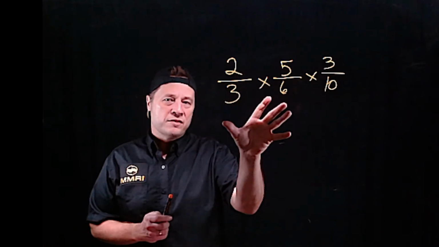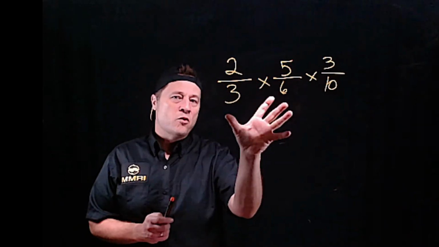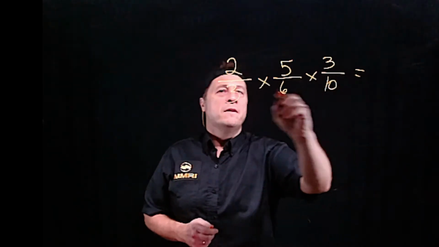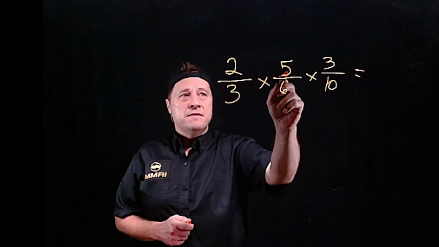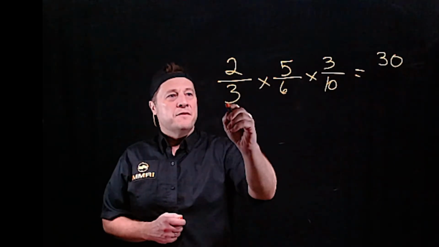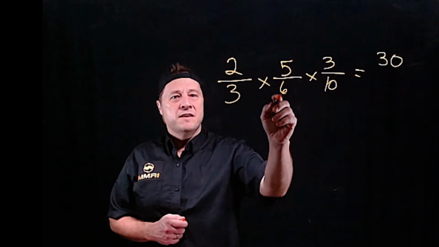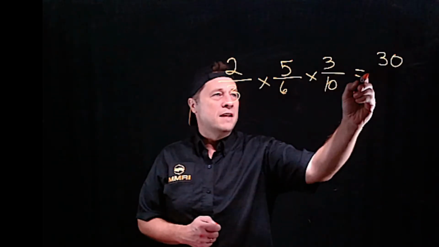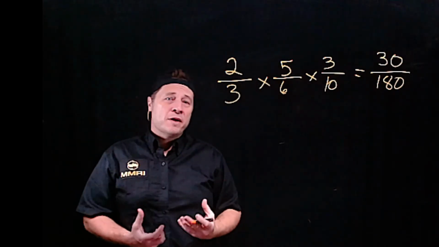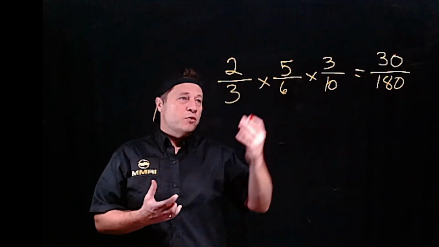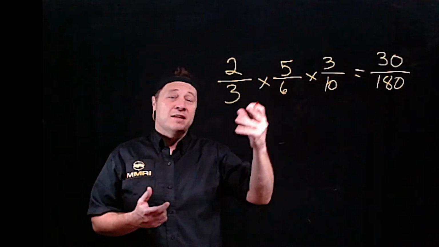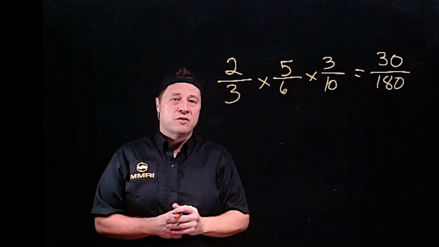I can reduce these numbers before I even multiply them. So I want to give you 2 examples, okay? 2 times 5 is 10, times 3 is 30, right? 3 times 6 is 18, times 10 is 180. Now what I would have to do is reduce this to its lowest terms. I'd have to find a number like we did in the last one and reduce this to its lowest terms,